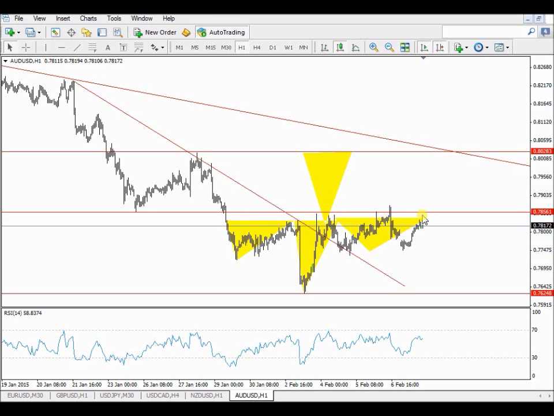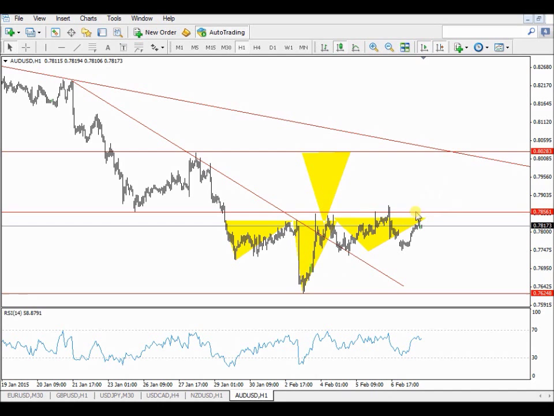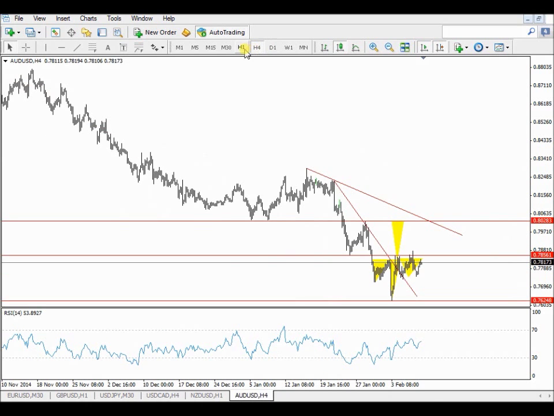The rules are only buy if it breaks resistance with stop below the head, and you go for the same distance as the head to the neckline. Same as the inverse head and shoulder, same with the normal head and shoulder. Alright, so that's our trade for the coming week or so.